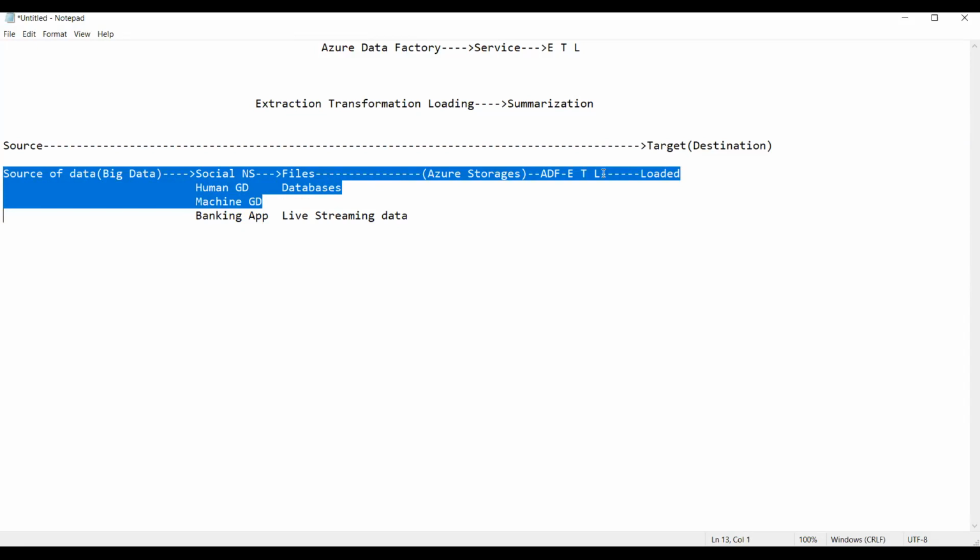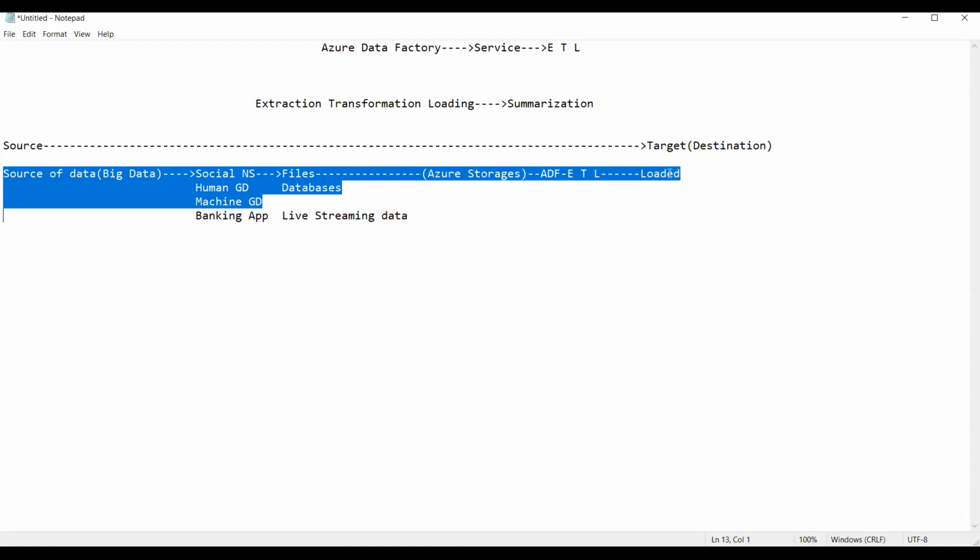Sir, what will be the output from this loaded data? Are we getting reports or something from that? Obviously, further processing for a report. We prepare the data for generating a report, but we don't generate the reports here. If it is required, you can also generate the reports, but ADF does not support generating reports. For that, we have to use Synapse, or artificial intelligence, or any visualization technique or visualization service.